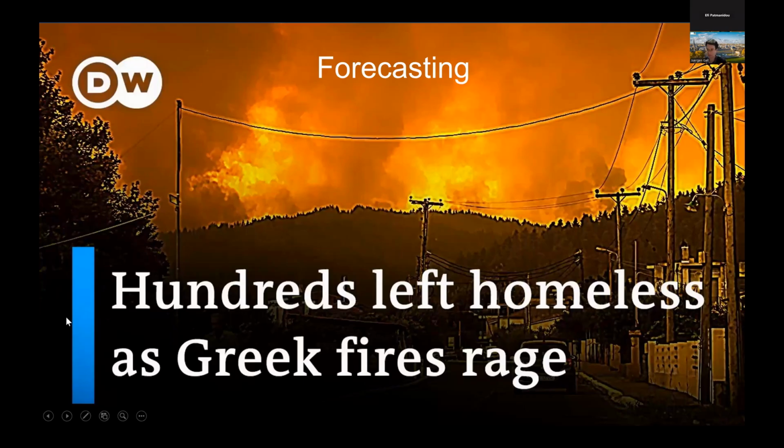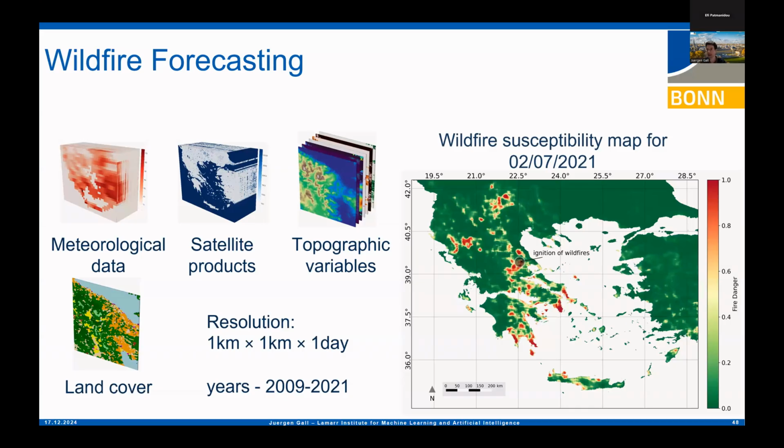For the rest of the time, since I mentioned I have a very long title, I just want to briefly present some applications which go beyond human behavior, but are related to forecasting. One example is forecasting wildfires.